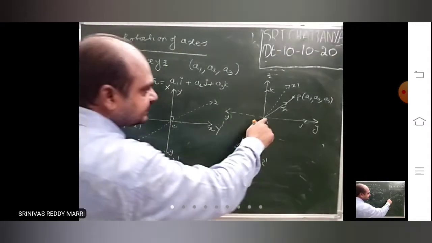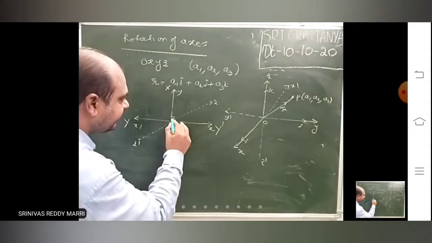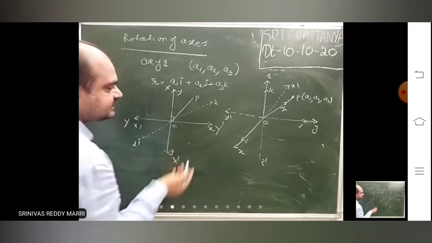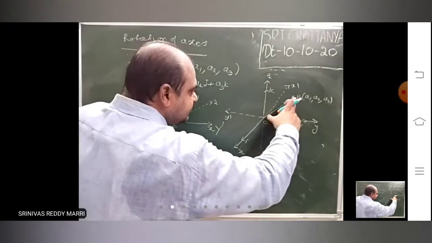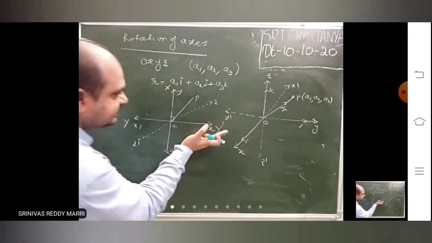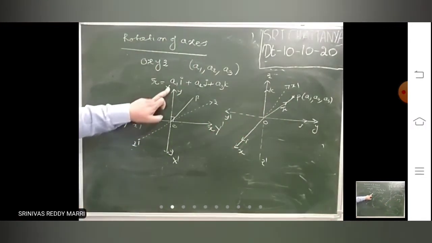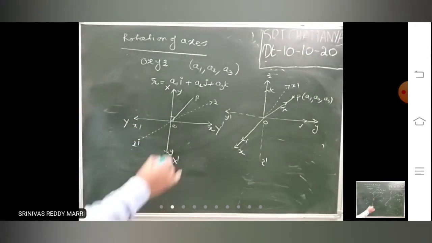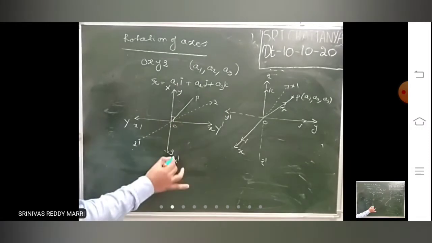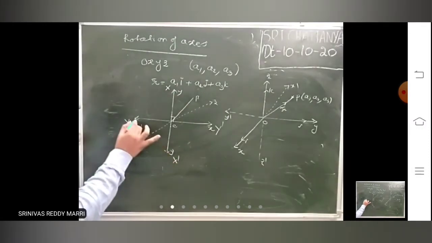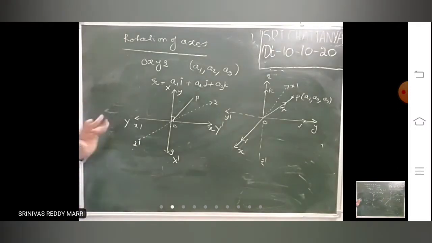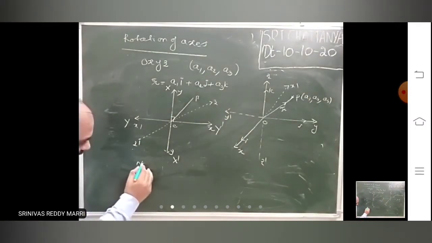What is he asking? The same vector, the previous vector only. It will be like this. This is not changing. Just the axes are rotated. Now the new axes came. He is asking with respect to the new axes. This is the new X axis, OX dash. This is the new Y axis. The Z axis is the same.